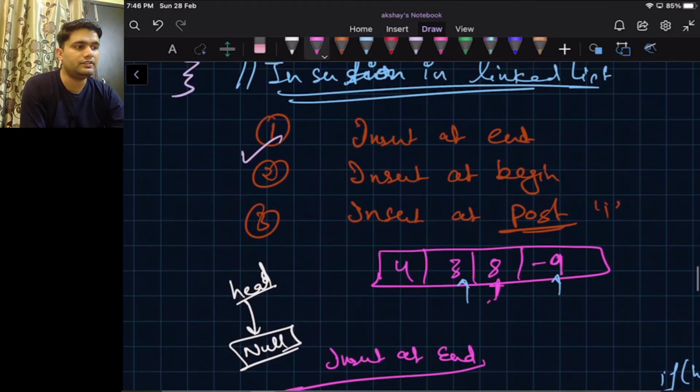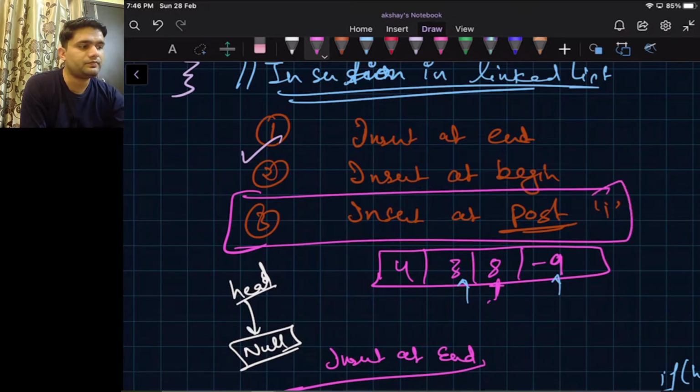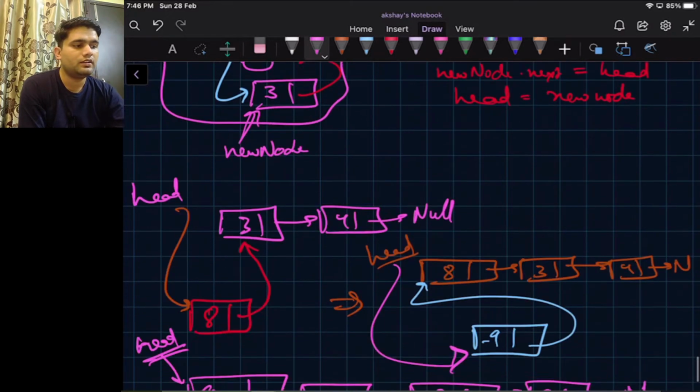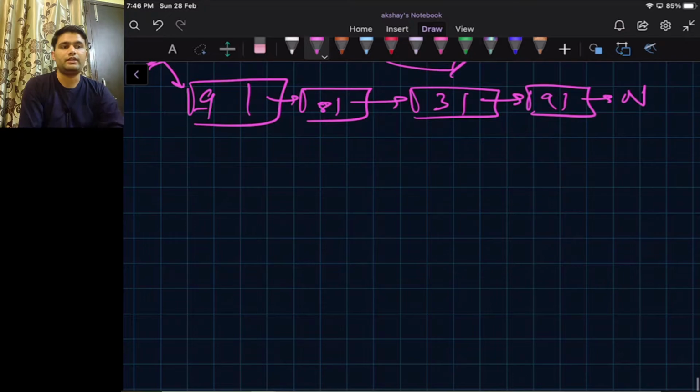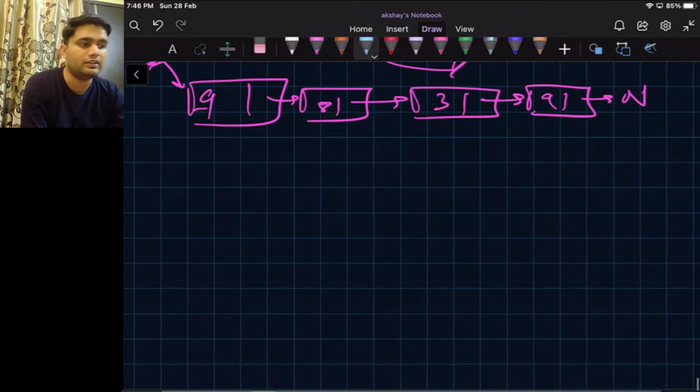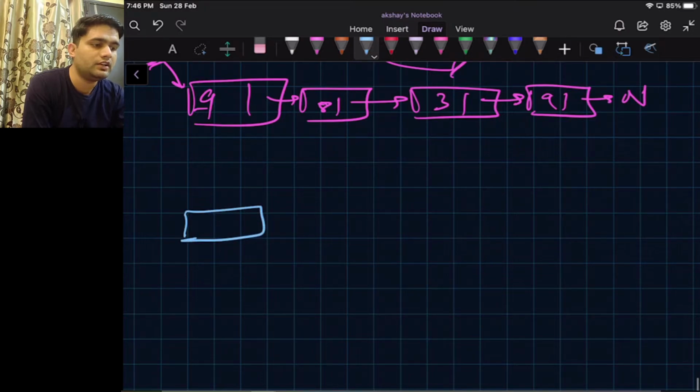Now let's see insertion at position I. So before inserting at position I, let's initially consider that we already have a linked list. Suppose this is our linked list.